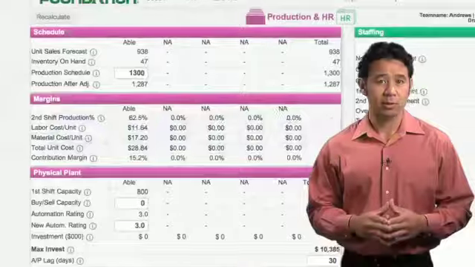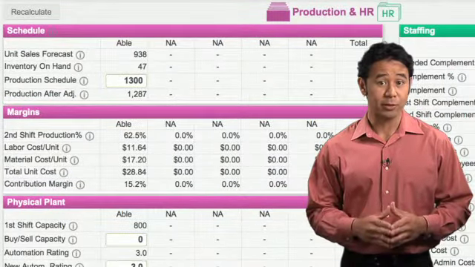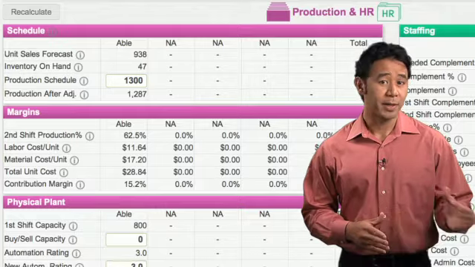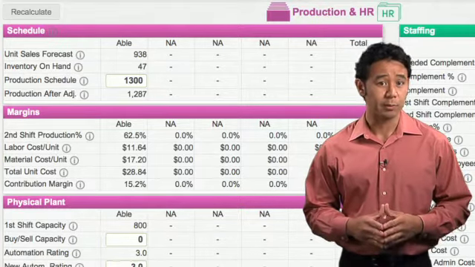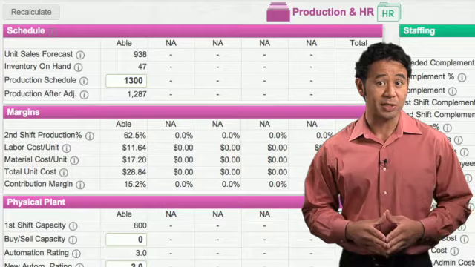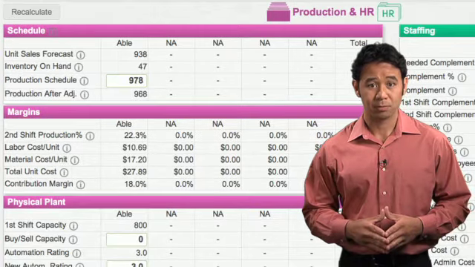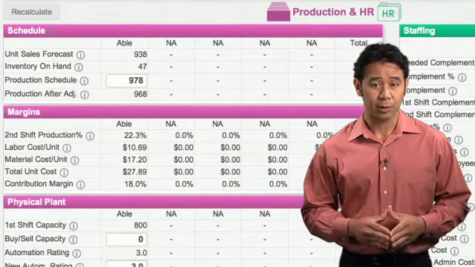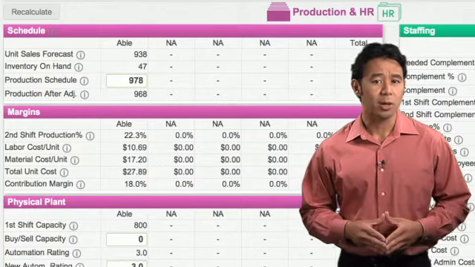The production department schedules the number of products your company will manufacture in the upcoming year. It starts with the marketing forecast. From here, it subtracts any inventory from last year, entering the differences into the production schedule. The production after adjustment cell displays the true output of your production line, and it's almost always less than the